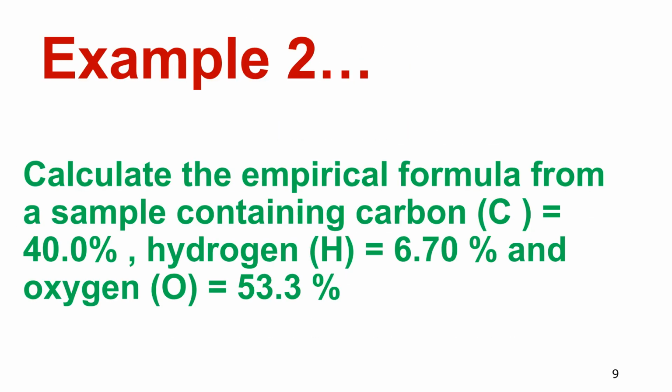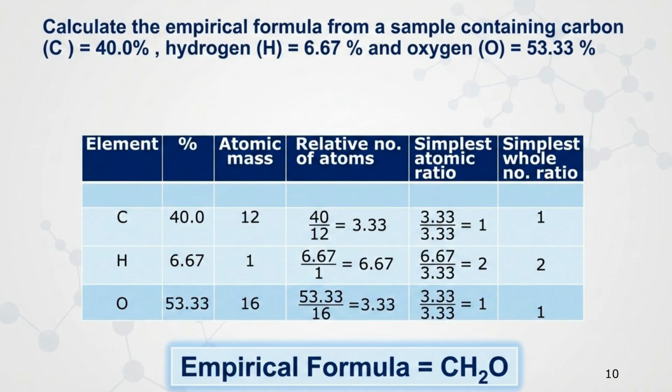For our second example, we will calculate the empirical formula for a sample containing 40.0% carbon, 6.70% hydrogen, and 53.3% oxygen. We follow the same steps to find the relative number of atoms by dividing the percentage by the atomic mass. We then determine the simplest atomic ratio and the simplest whole number ratio, which leads us to the empirical formula